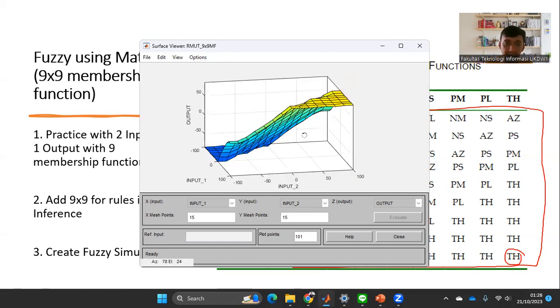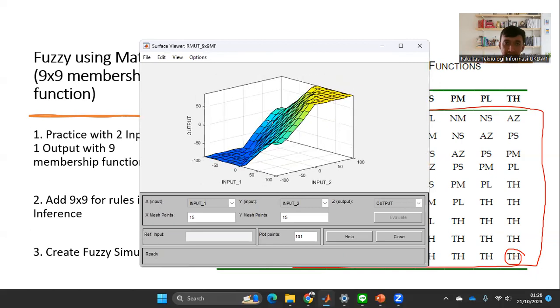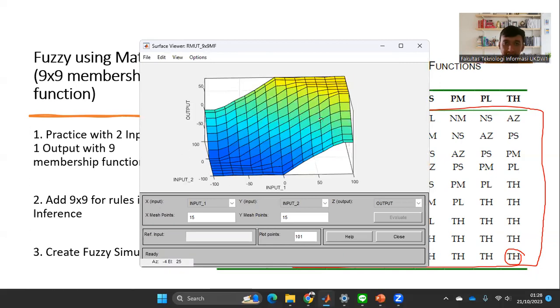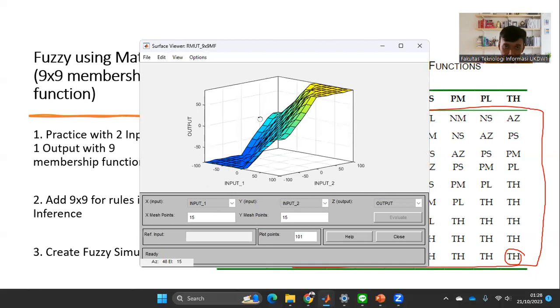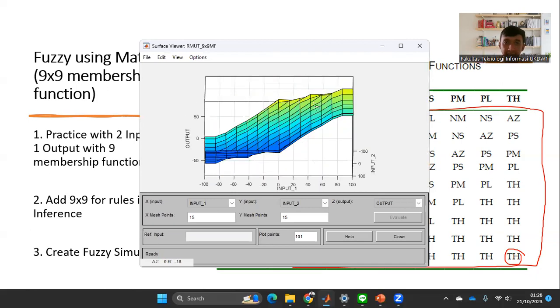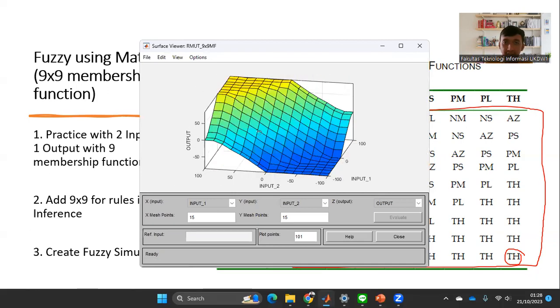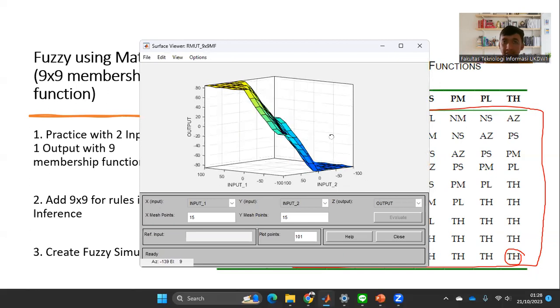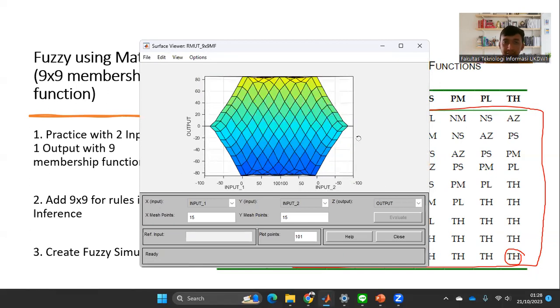We can change the orientation by clicking and dragging our mouse cursor. We can see the output response for our fuzzy inference.